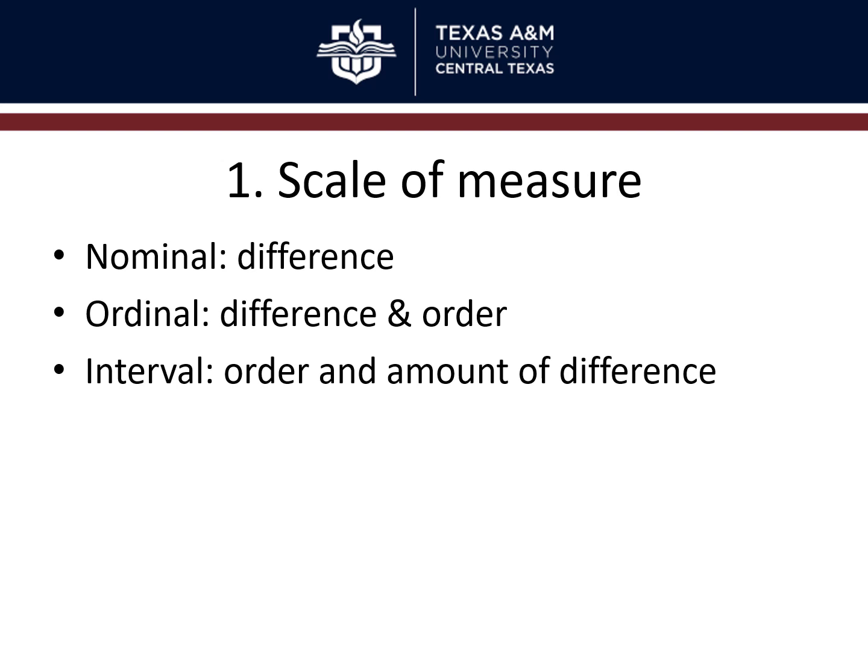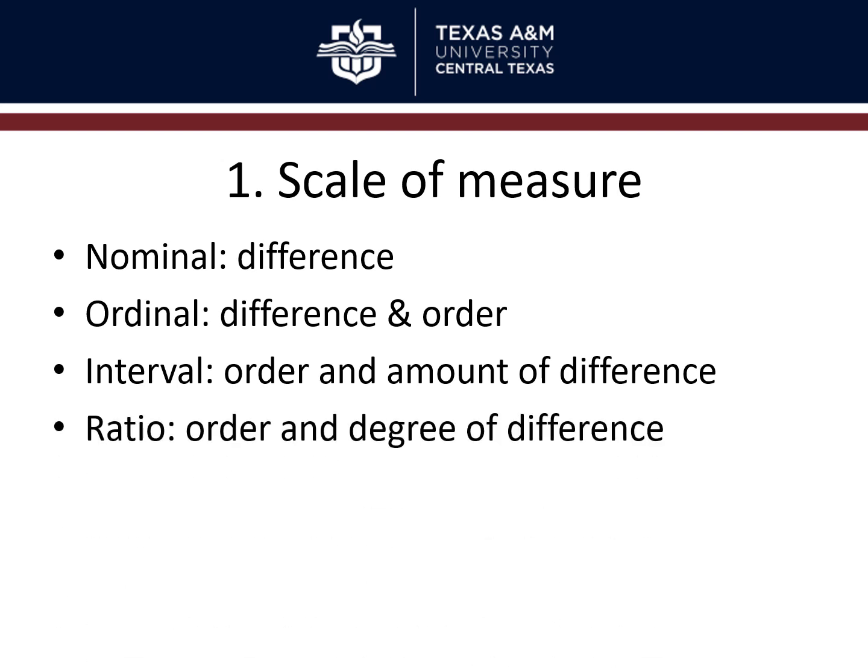Again, probably better to go at least to the interval, and if possible, the ratio scale, where you're asking questions with a higher degree of precision, where you don't just have this or rank these things. We can get a better idea of how much you feel this way. How strong are your feelings about this particular position, this attitude, whatever it is? Or if we're measuring something else, how much of this construct is there, rather than is it there or not, or which one of these constructs is there more than the others? Getting more of an amount of the construct, or with ratio, degree of the construct,